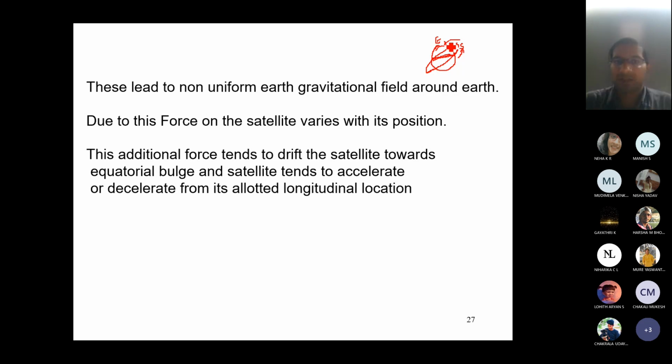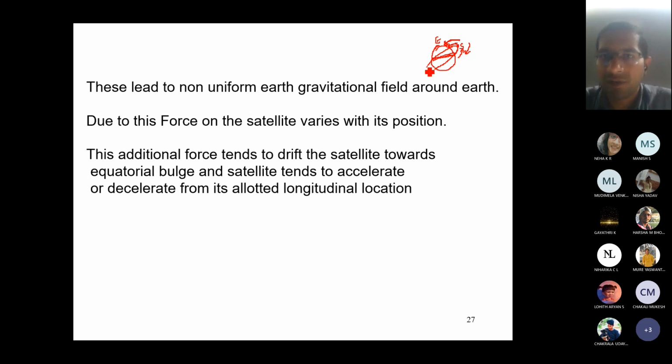And this particular force, this gravitational force, tries to drift the satellites towards the equator. So when the satellite is rising towards north, the force is acting in the opposite direction. And due to this force, it tries to place the satellite near the equator, although it is not happening, but still the gravitational force is acting on the satellite. So here also, when the satellite is moving, the gravitational force tries to put the satellite